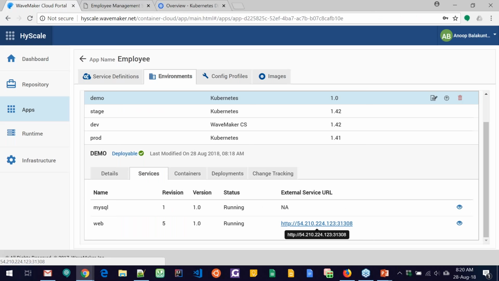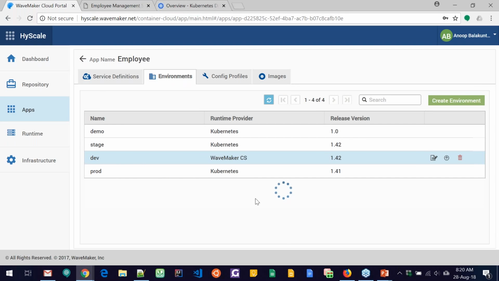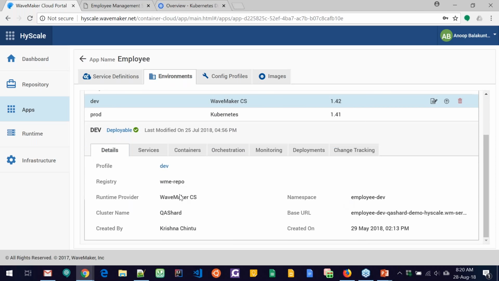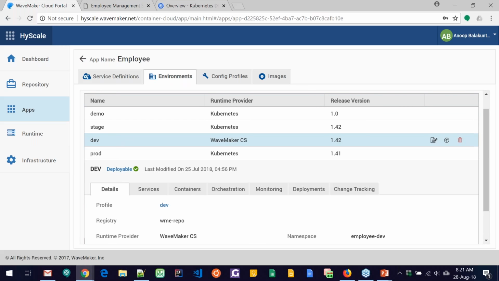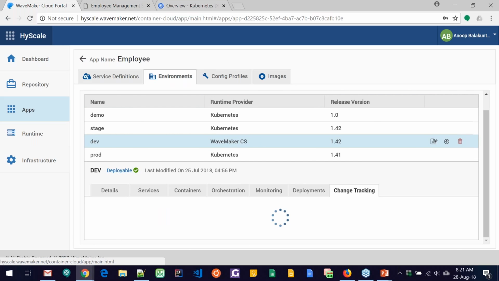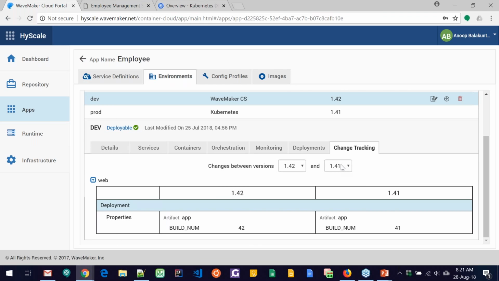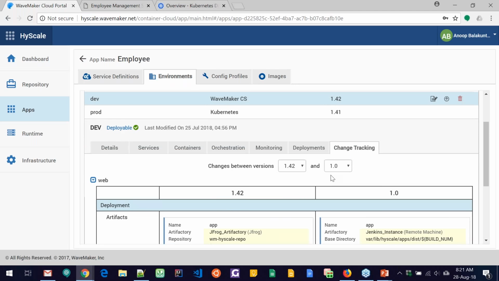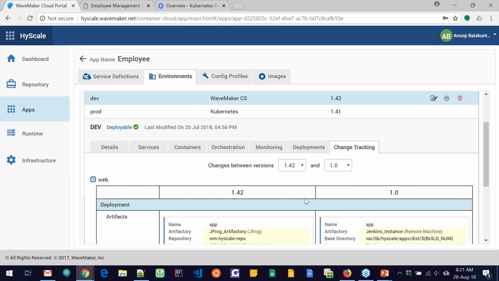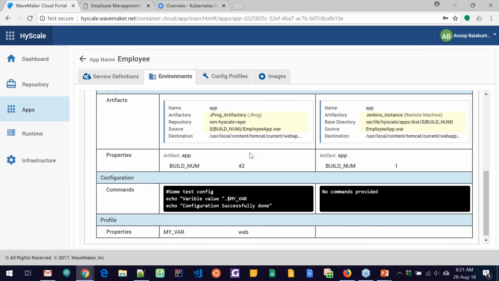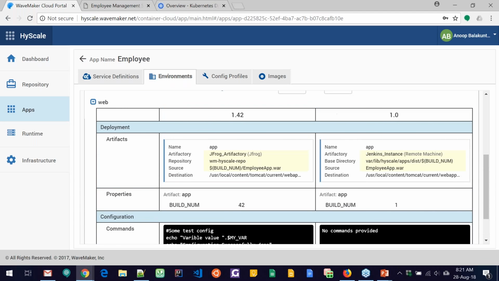And then there's a final thing that I want to show you as a glimpse, and then we'll get into some Q&A. So you might have deployed multiple times to a given environment and different versions, right? And then you want to be able to see what was the change between two versions that were deployed to this environment. And you can just go in, look at the change tracking section, and then you will get all the differences. So you can see here 1.0 was